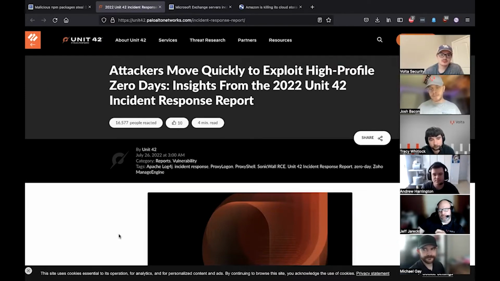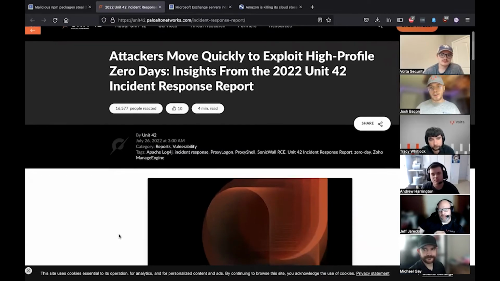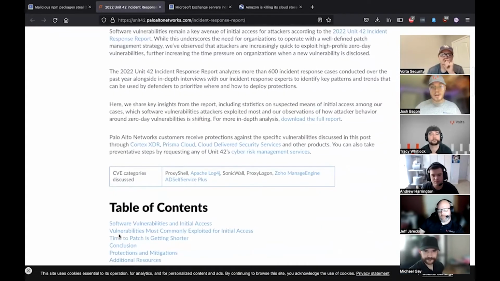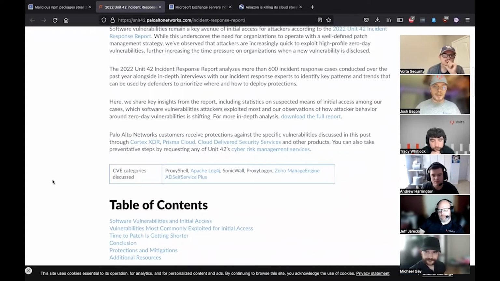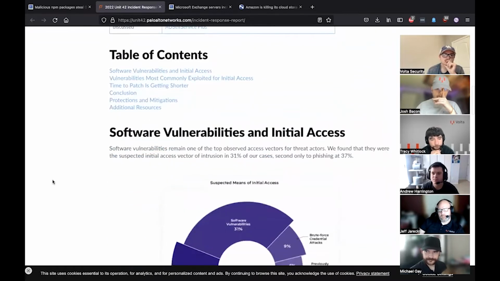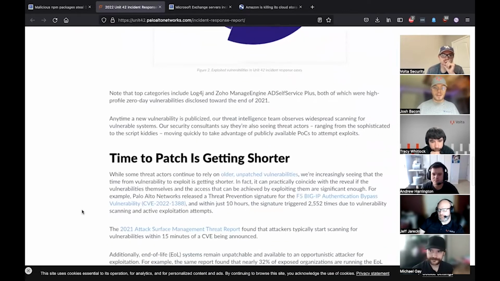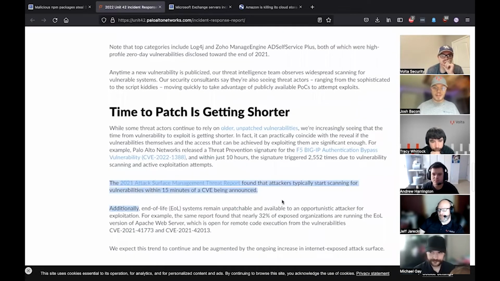They put out some really, really useful articles that are less like daily articles, more just insights and very specific processes on how these vulnerabilities take place. And they recently released an analysis showing that it really is 15 minutes between a CVE being released and when hackers start scanning for something.